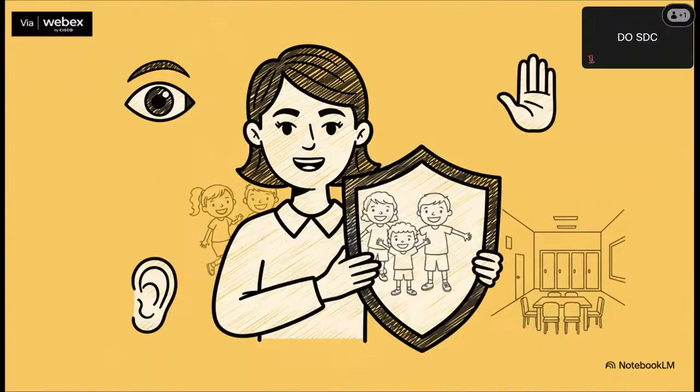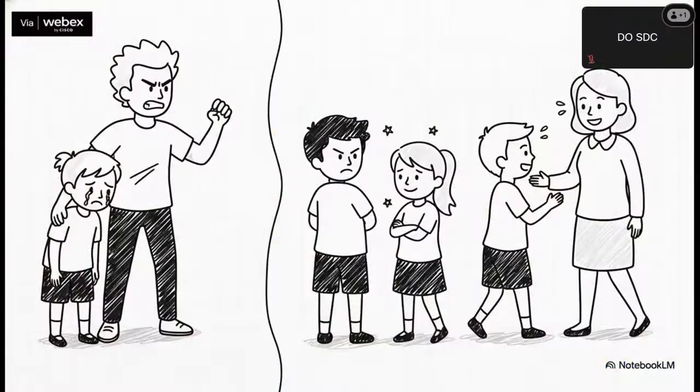But here's where the real power is, with the other students, the bystanders. They are the vast majority, and they can change everything. When they make the choice to tell an adult, or even just to not laugh along, they completely strip the bully of their audience and their power. And just offering a kind word to someone who is targeted, that can make all the difference. Students can literally change the culture of their school from the inside out.